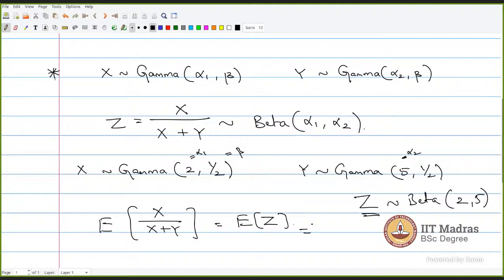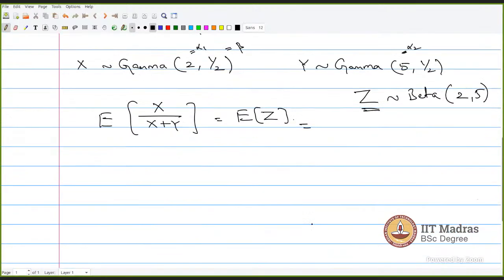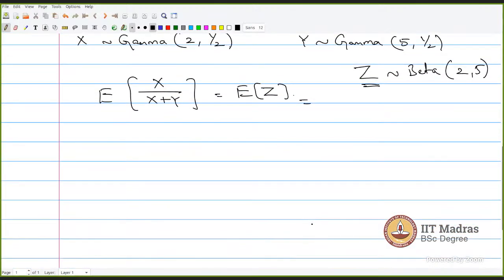Yeah, so where I got stuck was, I know the expectation of anything would be f(x) times its distribution, but this was not what I was able to carry out. How do I write the expectation of z here? What would be f(x) and what would be its distribution? Okay, the distribution is beta, but I was not able to go forward from this step. And when I saw the solution, it just mentioned 2 upon 2 plus 5. So that is the disconnect which I'm having.